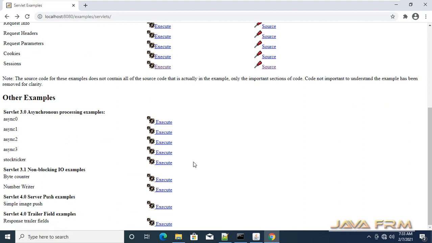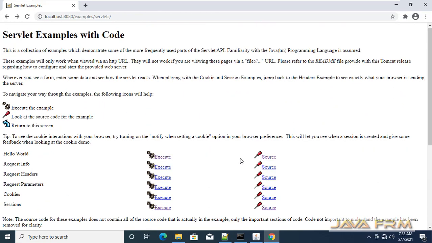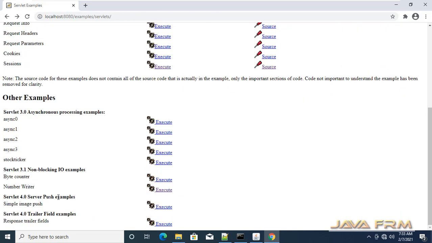So your web application with javax.servlet packages will not work in Apache Tomcat 10. Please migrate to jakarta.servlet. This is a major change in Jakarta EE 9.